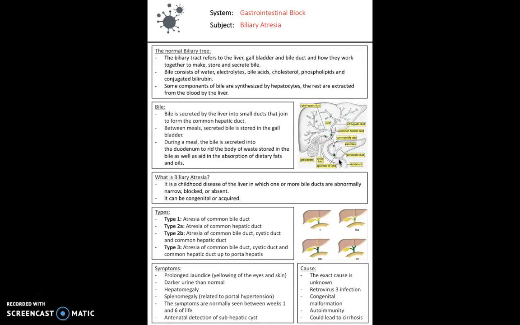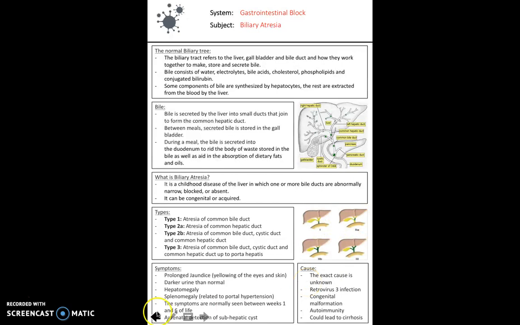So biliary atresia is a childhood disease of the liver, where one of the bile ducts or more than one of the bile ducts is abnormally narrowed, blocked, or absent, and so it therefore can be congenital or it can be acquired. And there are 3 different types really, so atresia of the common bile duct, atresia of the common hepatic duct, and so on. And it depends which duct is blocked, the impact that it has. So take a look at these 4 pictures here and match them up to type 1 appropriately, so you understand